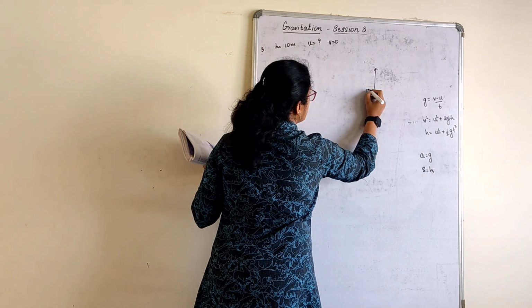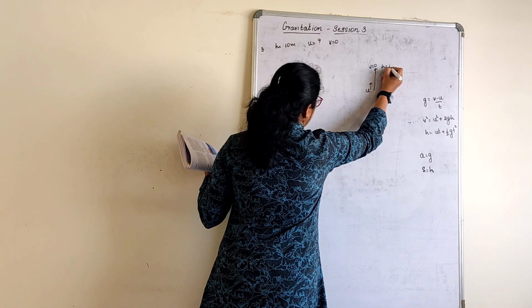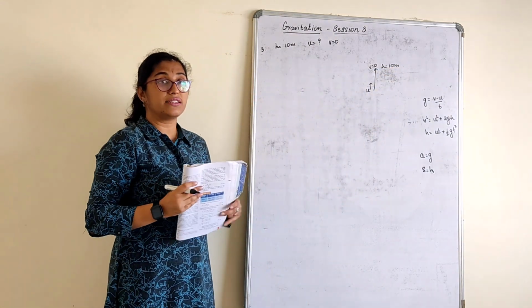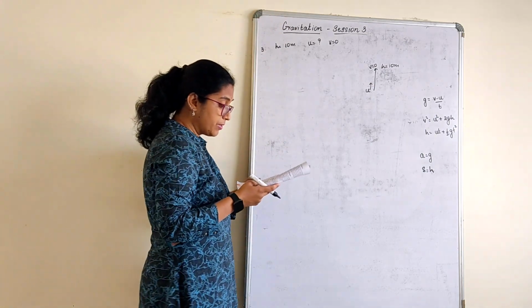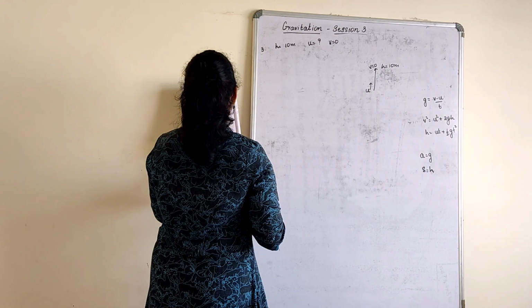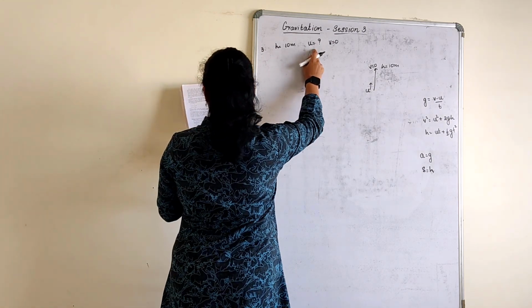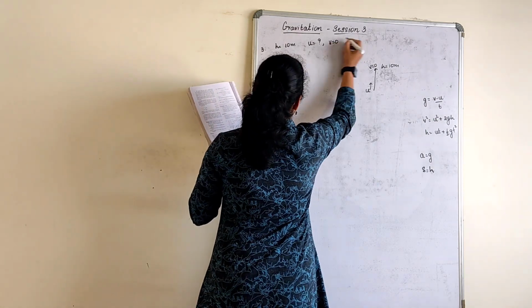Why? Because it was thrown with some velocity, v will become 0 at the highest point, that is why we can calculate height as 10 meters. How do you know what height it has got? It will reach the height and from there it will come down. Okay, so v is 0 here. u we have to find out according to what they have given: velocity with which the object was thrown upwards, and time taken by the object to reach the highest point.